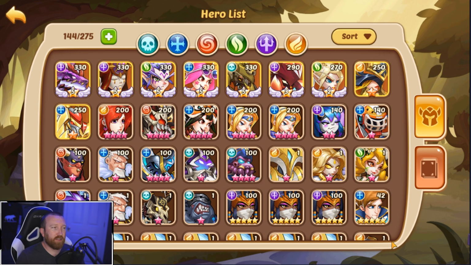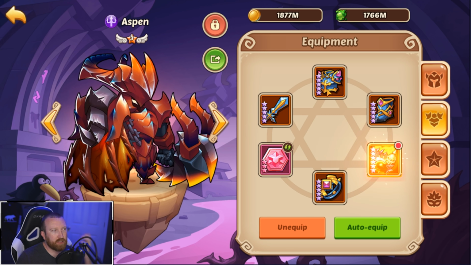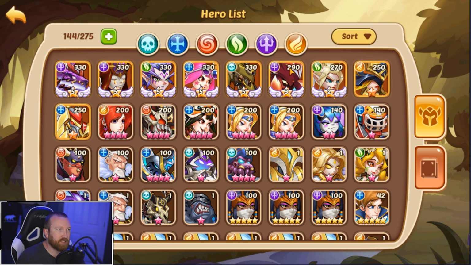And in my opinion, there's two different routes. Number one, finish Aspen. Get him to E5. Might as well. I mean, he's so close. He'll help you out in Aspen Dungeon as well. He'll do okay in PvP. Nothing amazing, though. The other option is honestly just put him on pause and start using all this 9-star food